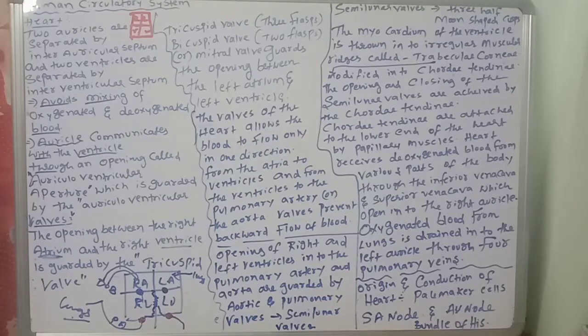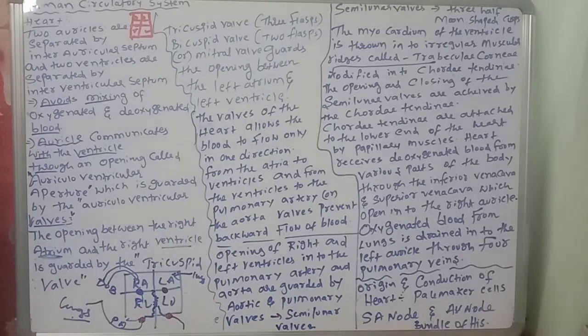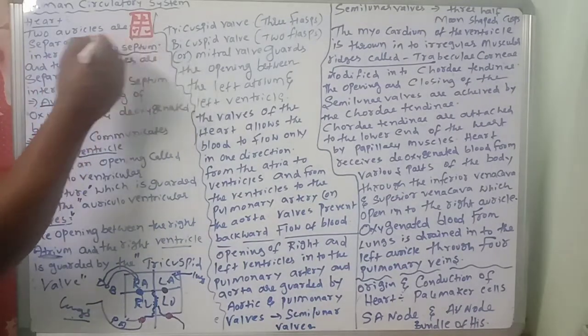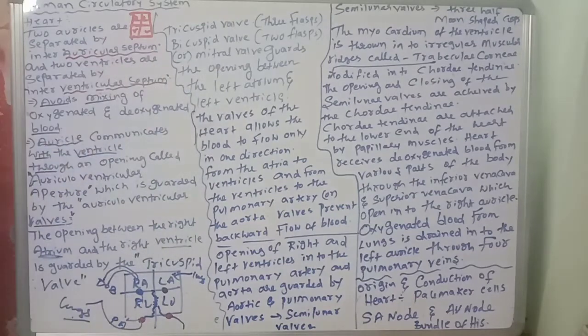Once again, children, listen very carefully. In the heart, the two auricles are separated by one septum. What is that septum name? That is called the interauricular septum. The ventricles are separated by the interventricular septum. What are the functions of these two septa? They avoid the mixing of